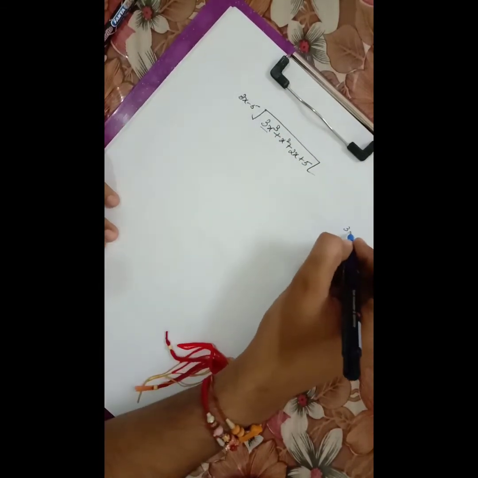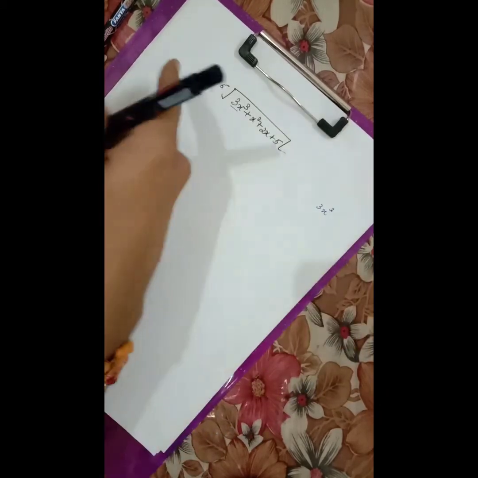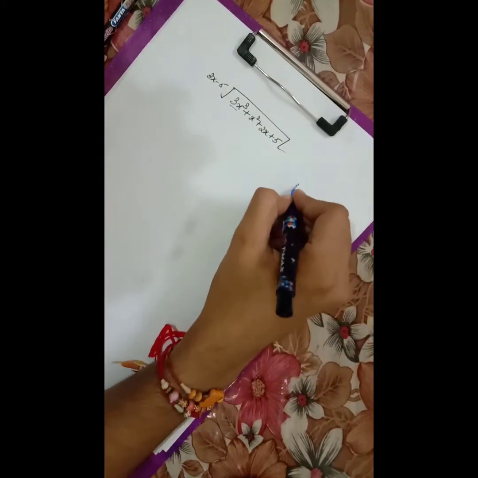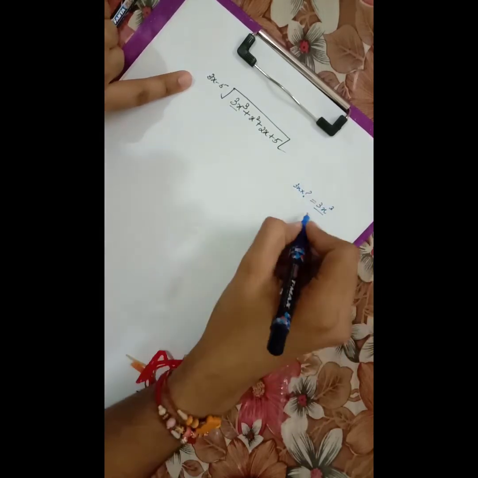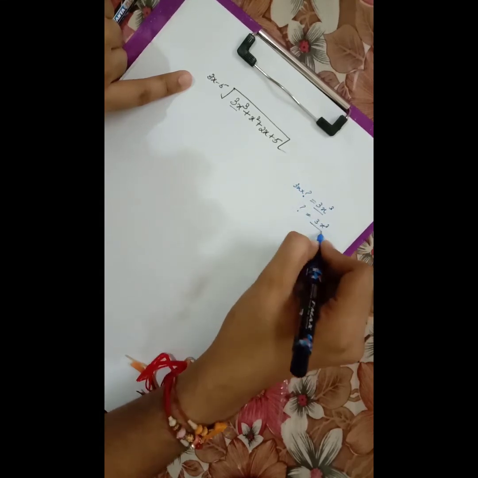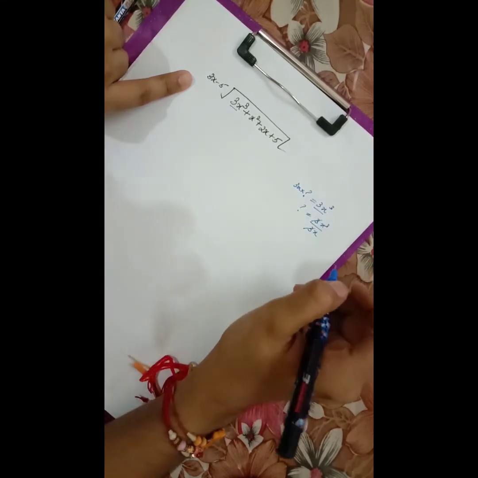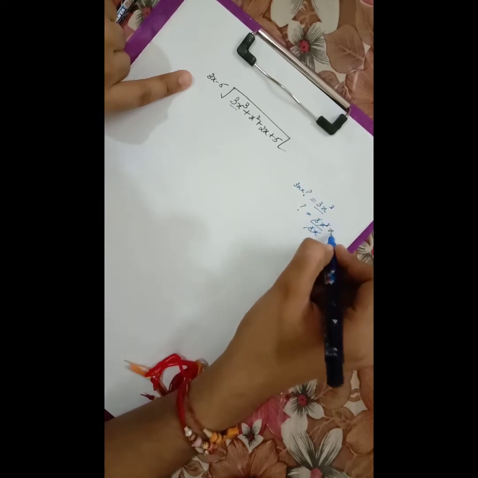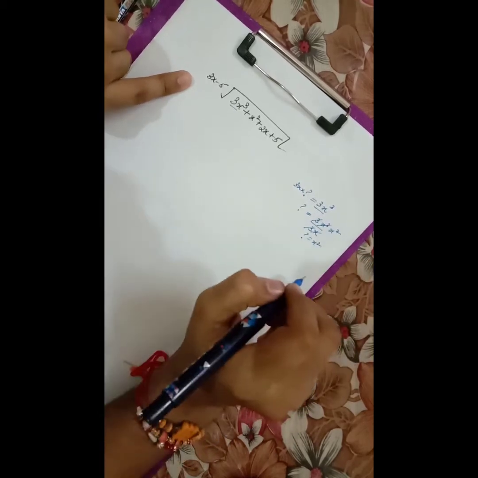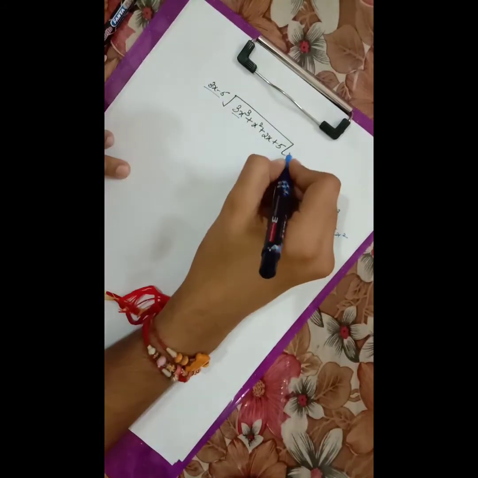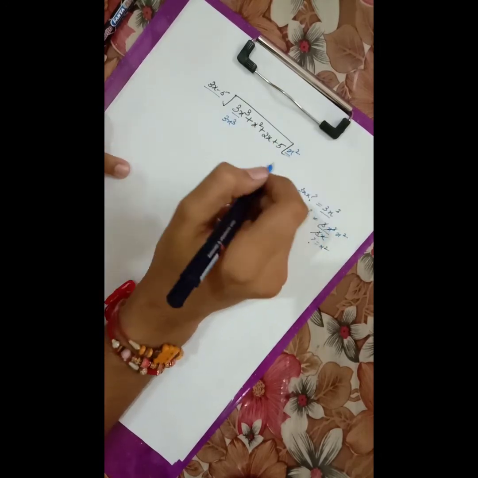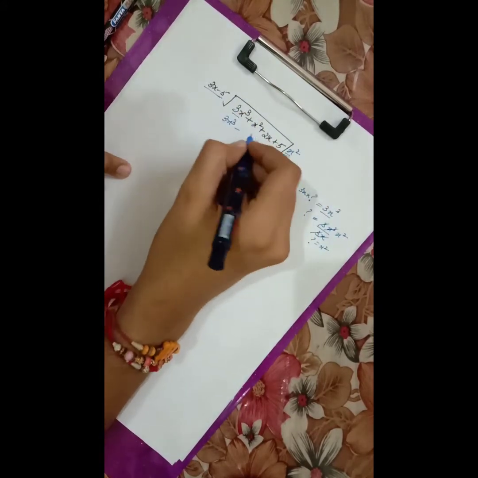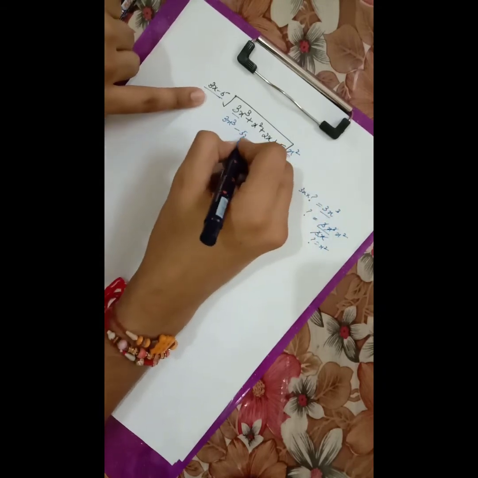So here the first term of the dividend is 3x cubed and the first term of the divisor is 3x. So we have to multiply this 3x with something that gives us 3x cubed. Now that something comes out to be 3x cubed divided by 3x. This 3 cancels out, then this x cancels out and gives us x square. So the quotient mark comes out to be x square. So it means we have to multiply the divisor with the x square to give us 3x cubed. Then we will multiply this quotient with minus 5. Multiplying x square with minus 5 gives minus 5x square.